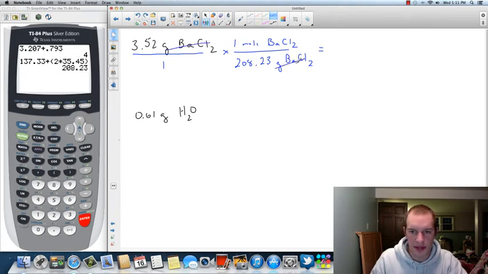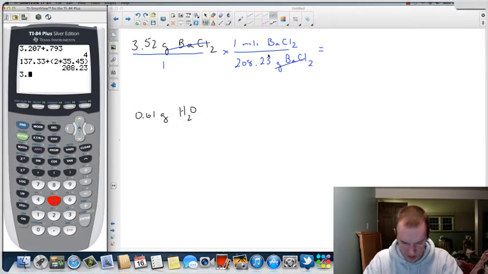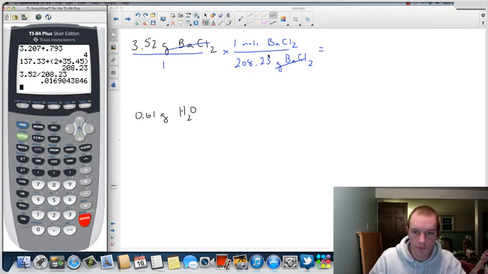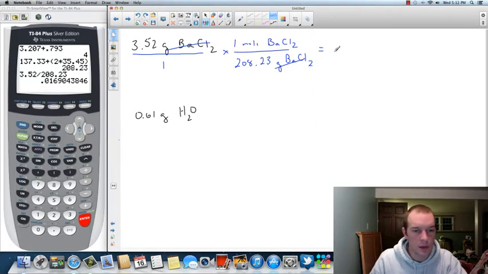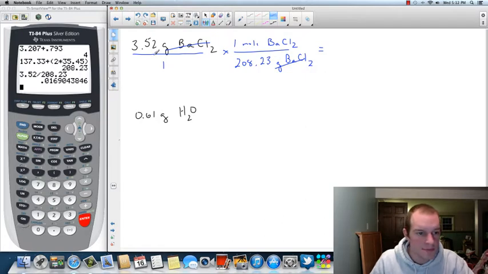We're left with 3.52 times 1 mole divided by 208.23. In our calculator, 3.52 divided by 208.23 equals, and we want to keep our significant figures consistent, so 3 significant figures, 0.0169 moles